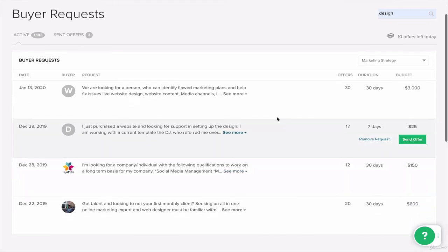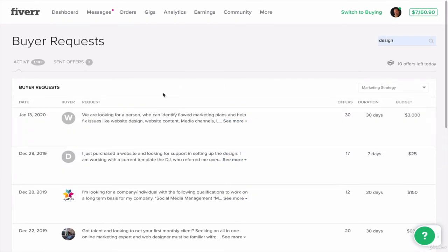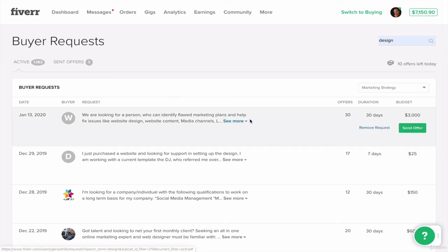Because approaching potential buyers is a little bit of an annoying sales process that is very time consuming, and it's not a fun thing to do. So you only want to do a minimal amount of this in the beginning. And just make sure that you can do the job really well that's being posted. If there's some job that you can only kind of do, don't apply there, because you might have an unhappy customer who might leave a bad review, and that's actually going to hurt, not help. So only apply to jobs that you think you can do really well and you're confident you can get good